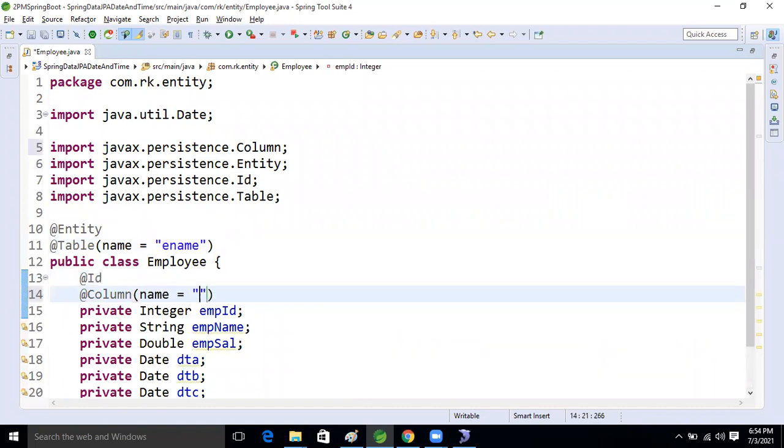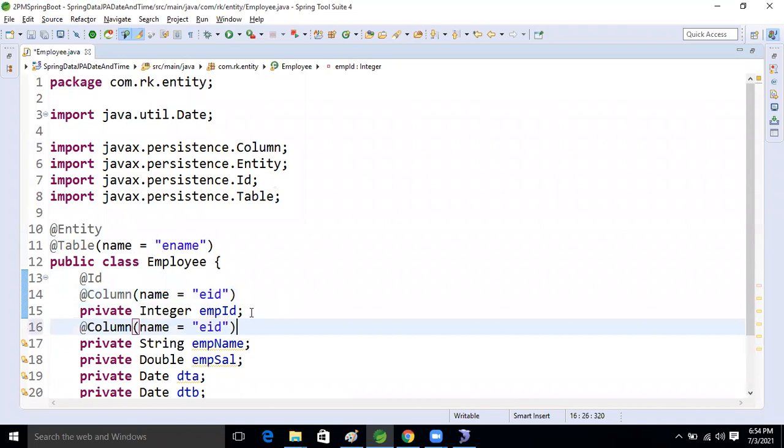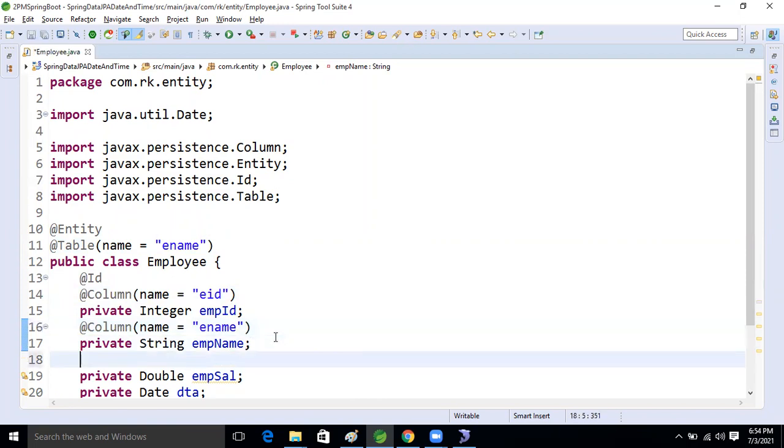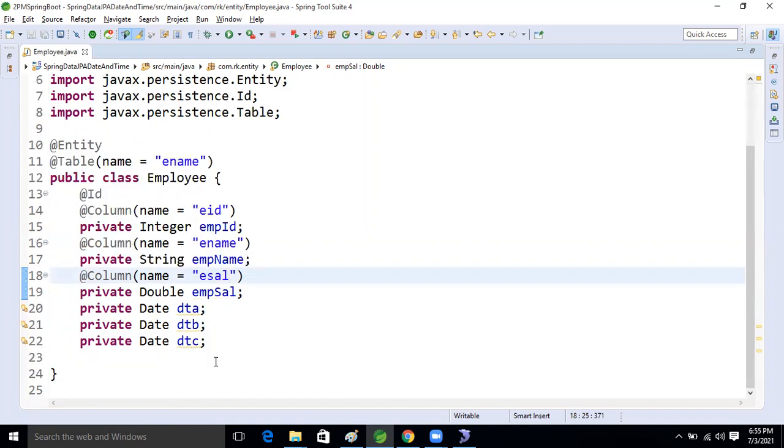Here I'm going to take @Column, E ID. Good. @Column, E name. And @Column, E cell. Good.